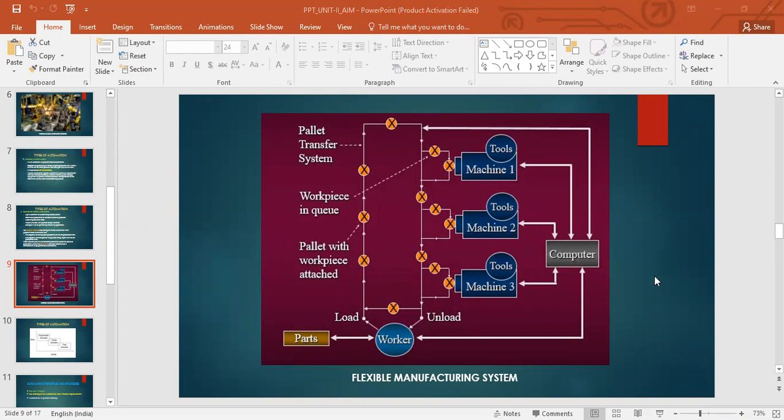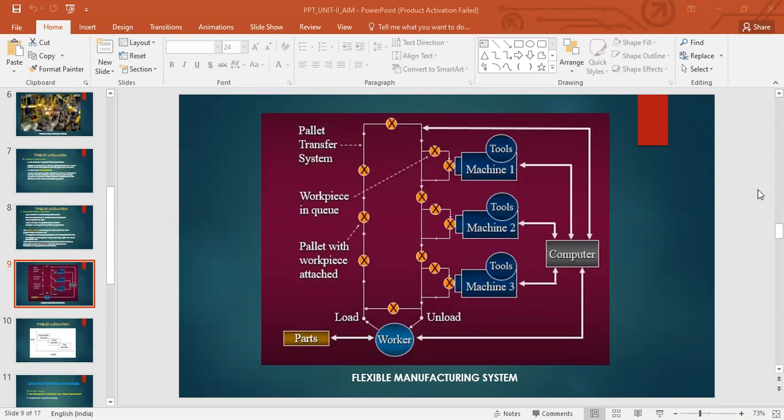So you see why we are calling it flexible manufacturing system, because we are able to process different work pieces. Each workpiece has different requirements, it requires different machines. We are able to do that in this flexible manufacturing system. Basically what we form is cells, flexible manufacturing cell, FMC.